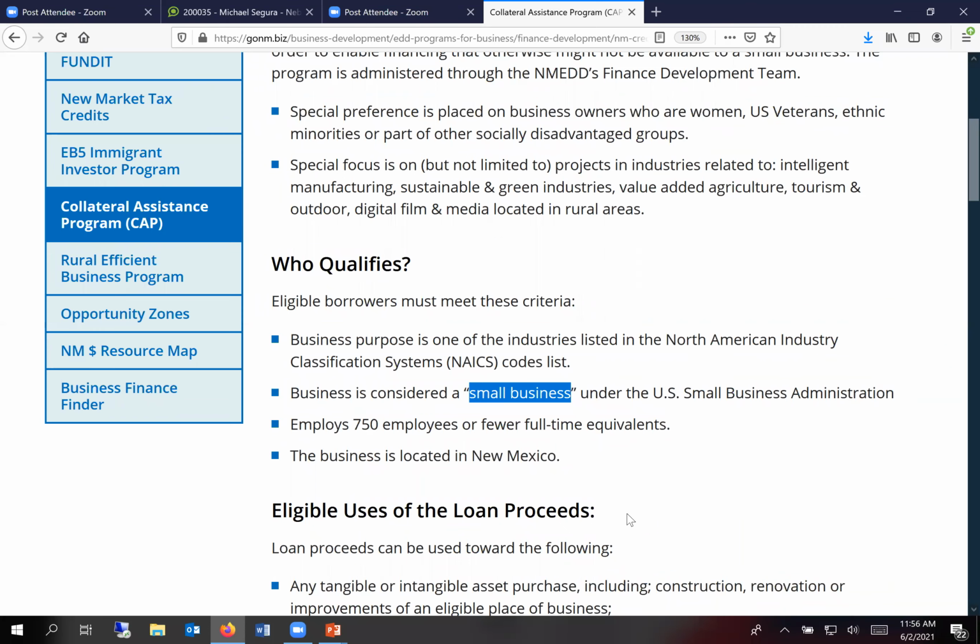But then you have to buy inventory, supplies, and you want some working capital. And there's a collateral gap. Those things are not collateral backed. Those are like things that could be spent within a month, and you don't have any other assets you could put up. This is where the Collateral Assistance Program comes into play.